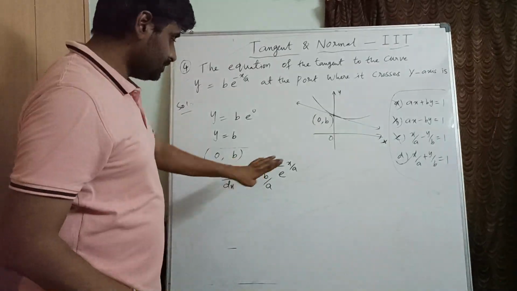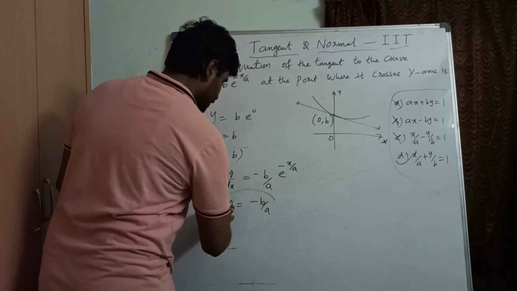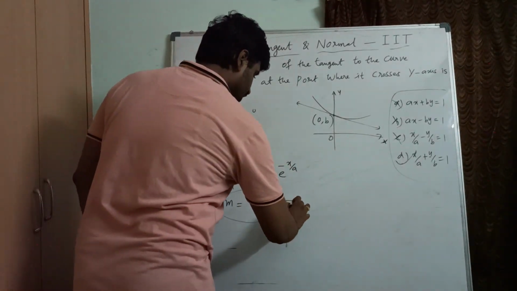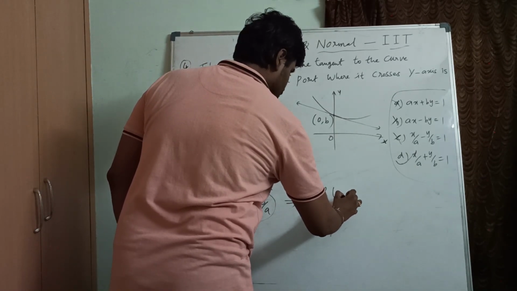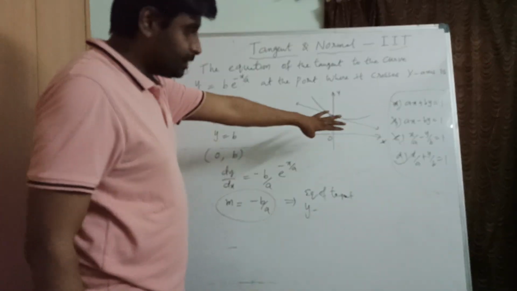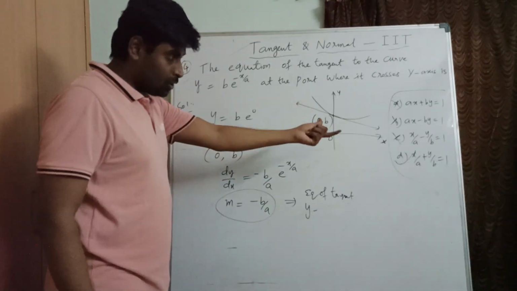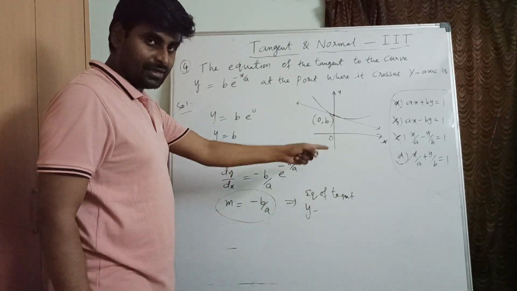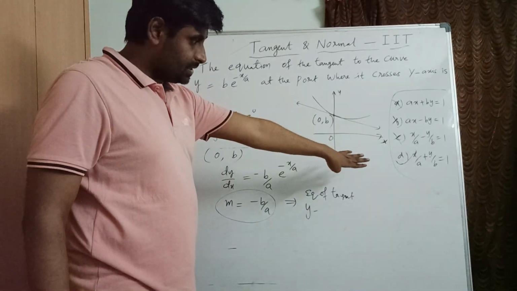Now substitute the point. So what will you get? Slope minus b by a, when I substitute x value 0, e power 0 is 1. So now find the equation of tangent. Actually we should not make it lengthy like this. Of course I have explained how to solve it in an objective manner, right? Directly we can verify those options with this point, so where it satisfies those options, that will be correct. Okay, we have done it already. So we have told the answer here, right?